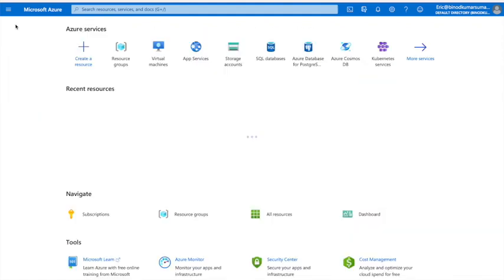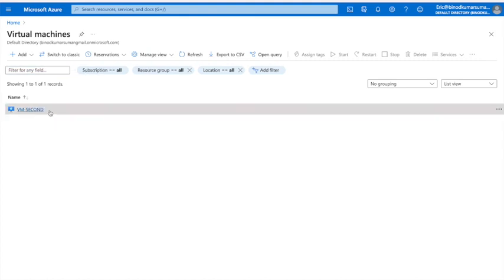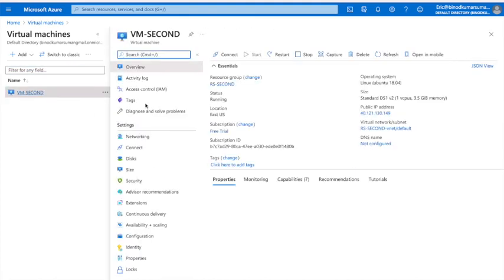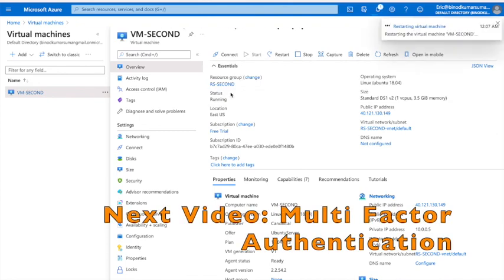Go to the virtual machine, to see if he can do some operation or not. I want to do the restart, so I want to see whether they can do it or not. So now this user is able to do the restart.